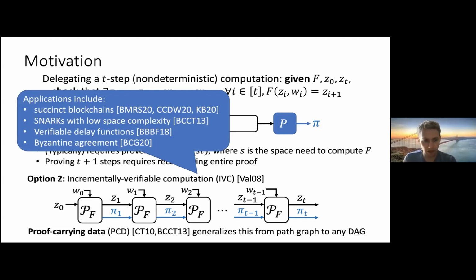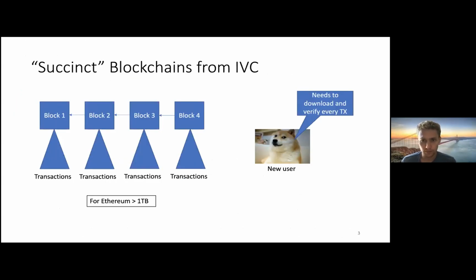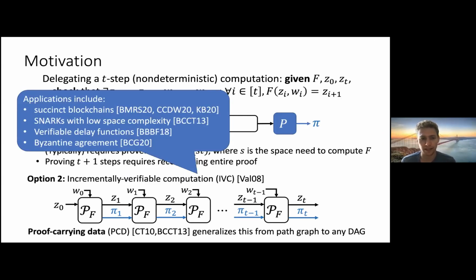And there's a bunch of applications to them. Succinct blockchains, I'll go into that in a second. SNARKs with low space complexity, as we already mentioned, you can construct verifiable delay functions from this. This is useful for Byzantine agreement, and so on and so forth. There's been one really fun application, I think,